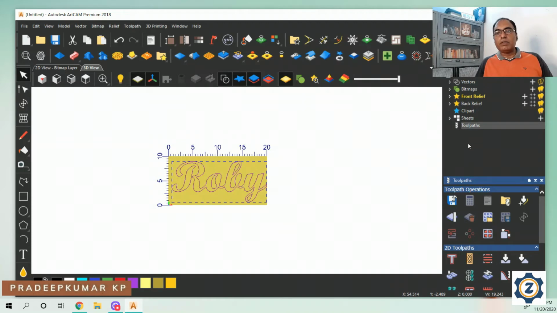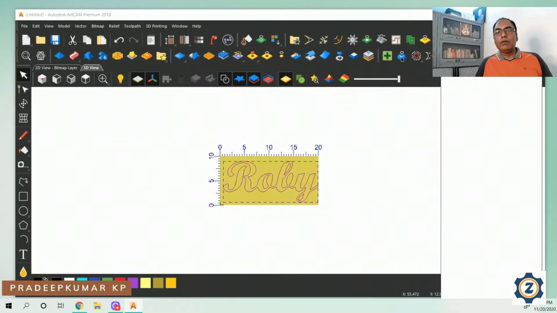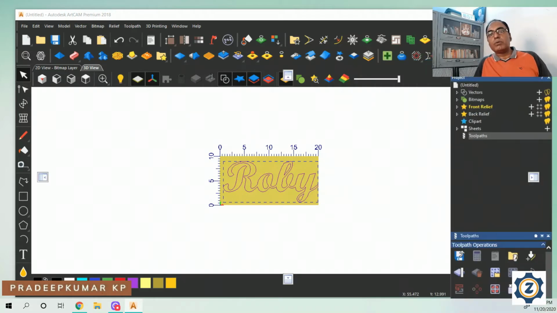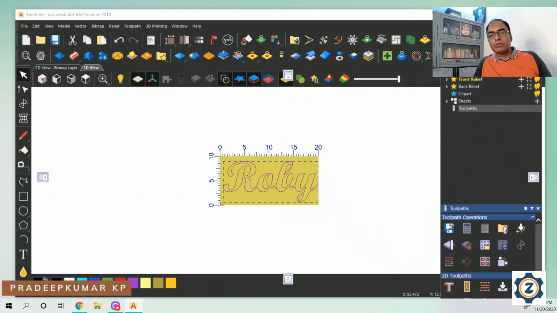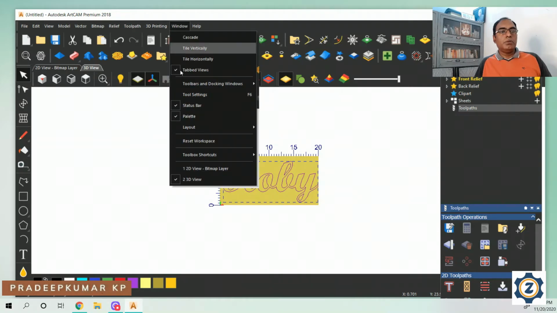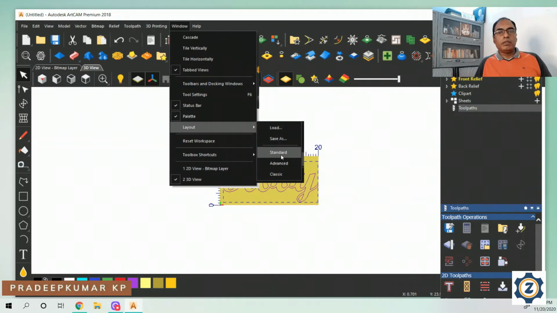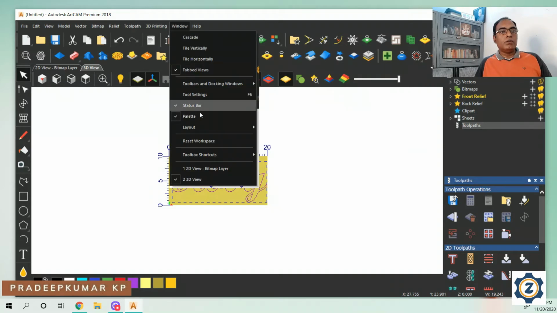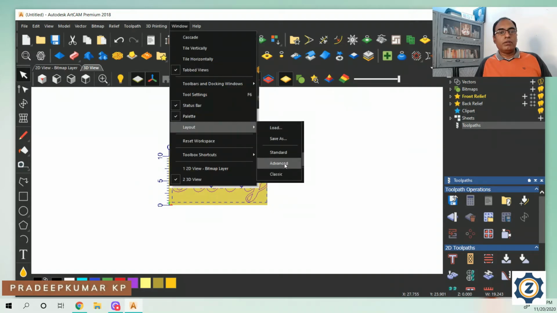A template display is supposed to come up, no? I'm just looking for the template. It's not visible here. Maybe I have to change into some other layout. Let me put it standard. Then I click it. This is standard only. Yeah. Then I can go for the advanced layout.